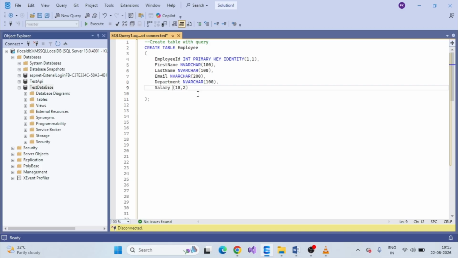Salary. Right now I will take int for salary. First, create a table. The query is to create a table named Employee, where EmployeeID is an integer type, primary key and identity. That is needed when we create any table. So the ID is important. When we create an ID it is always int, and the key identity means